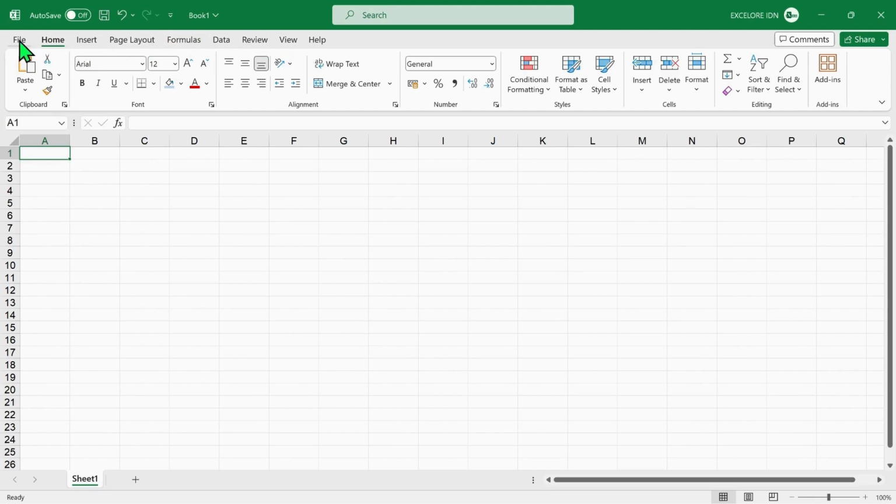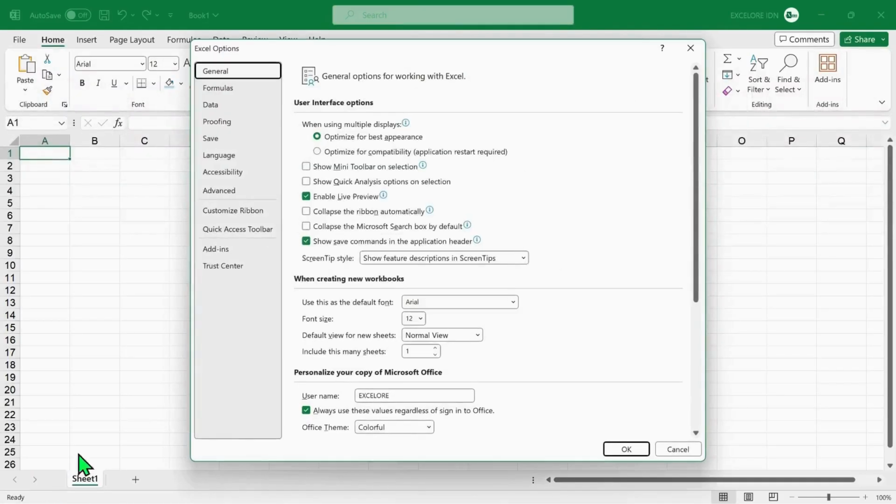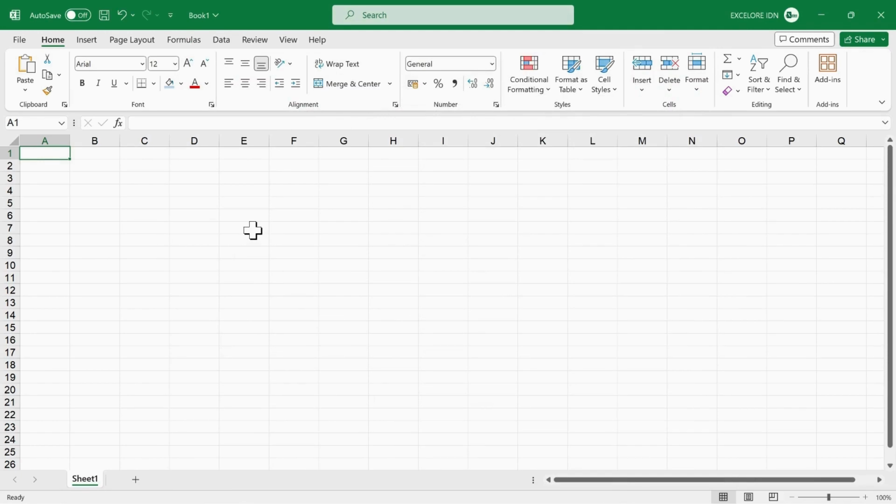Now, let's navigate to the File tab. Here, you'll find several other tabs, such as New, for creating a new workbook, and Save, for saving your work. There's also options for adjusting Excel settings, such as General for several setting options like fonts, and Colors setting. There are also options for formula setting, ribbons, and Quick Access Toolbar. As you continue through the tutorial, you will gain a better understanding of most of these features.